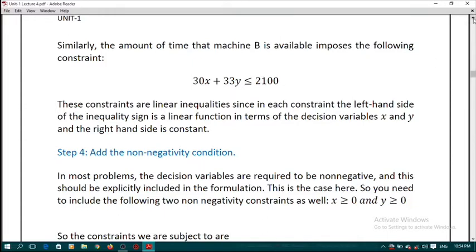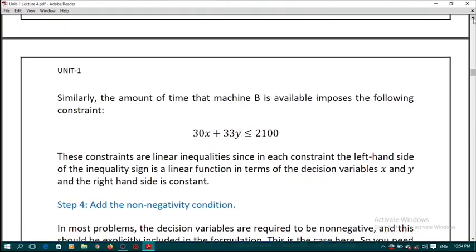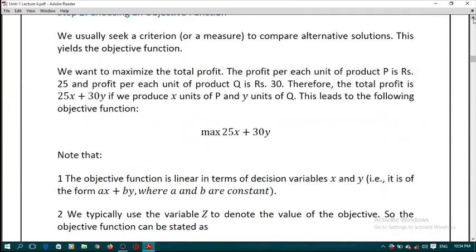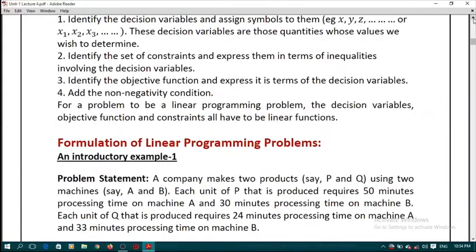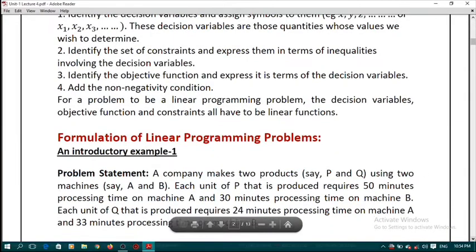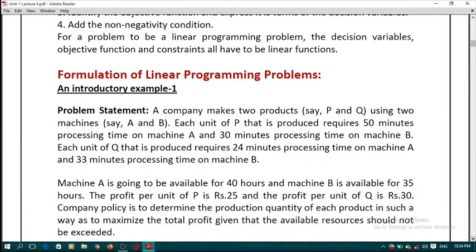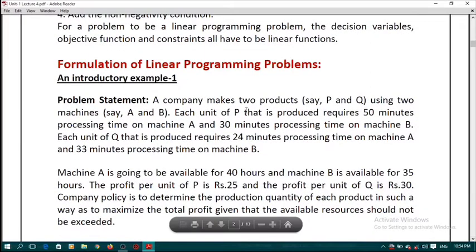So actually here you can observe 30-minute processing time on machine B for unit P and 33-minute processing time on machine B for unit of Q, and